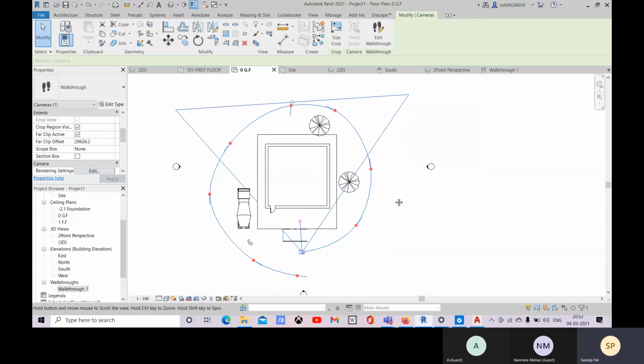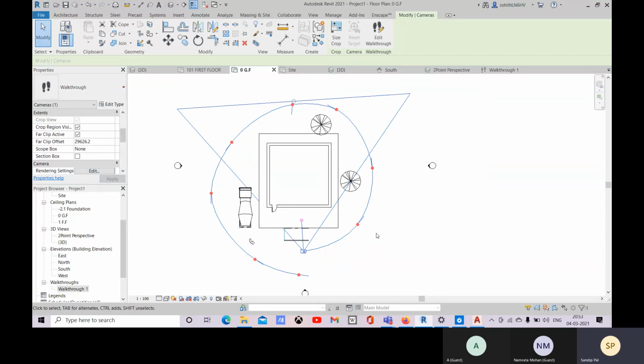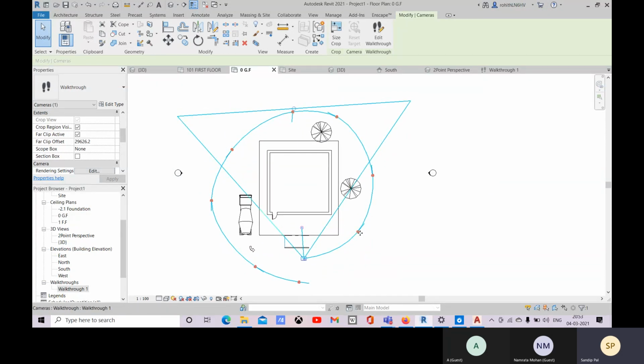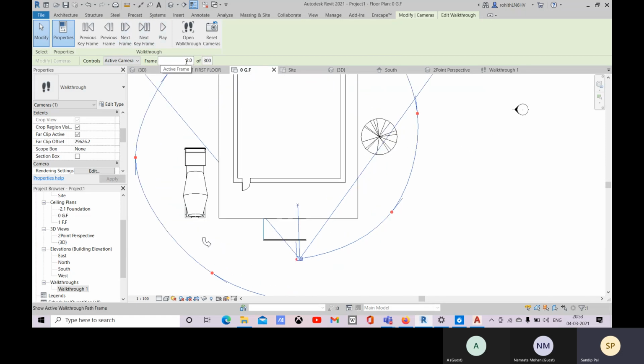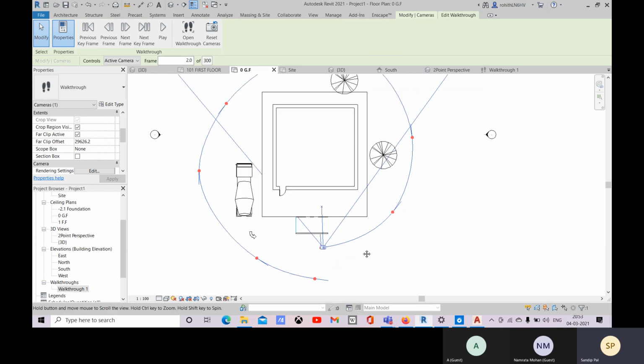Now at each and every point, come to this edit walkthrough, so you can move it to the next frame, and each and every frame. Here you can see this is the tool, and these are the main keyframes.